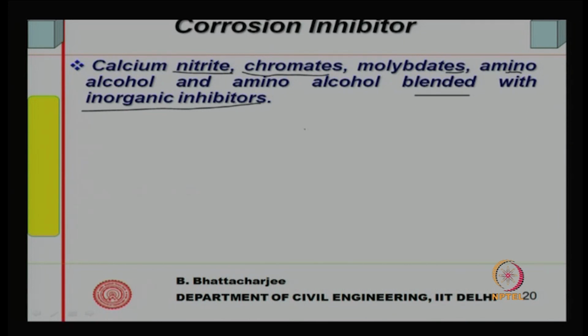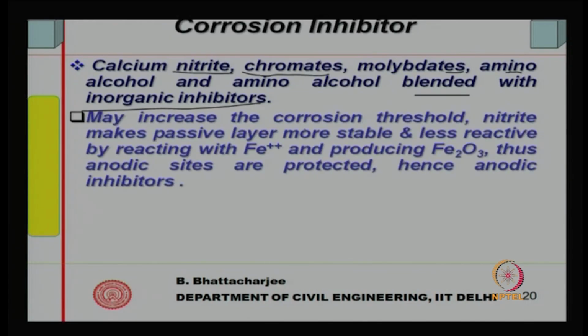Calcium nitrite, chromates, molybdates, amino alcohols and amino alcohols blended with inorganic inhibitors are examples of corrosion inhibitors. They can act in two different ways. They may increase the corrosion threshold, the point at which active corrosion starts; they might delay the starting of corrosion. Nitrites help in making what is called a passive layer,